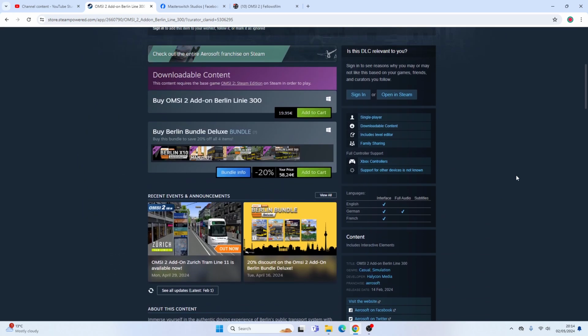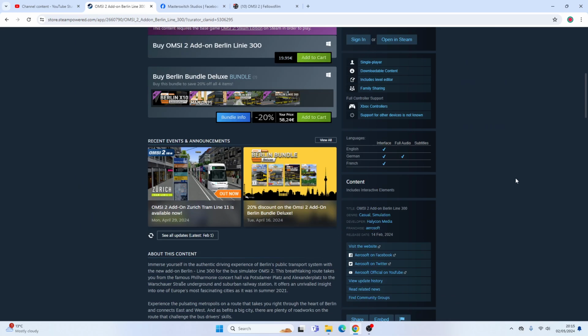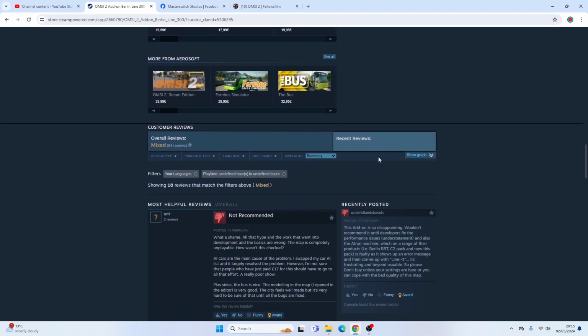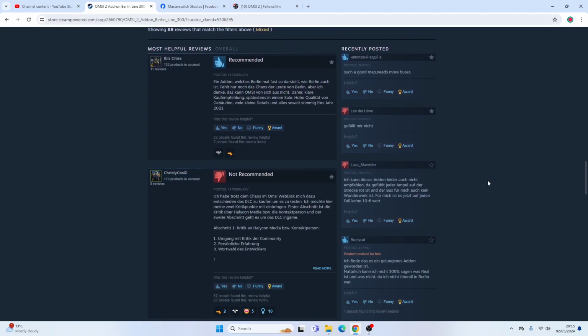But yeah, it's €20, which is not a bad price, and it does have a Solaris Urbino, which is a bus that has been widely available in Omsi 2 for a while, and the Line 300 is also available in the bus. The reviews are mixed. I haven't actually gone through the reviews, so I don't know what the story is, but if you take a look here,